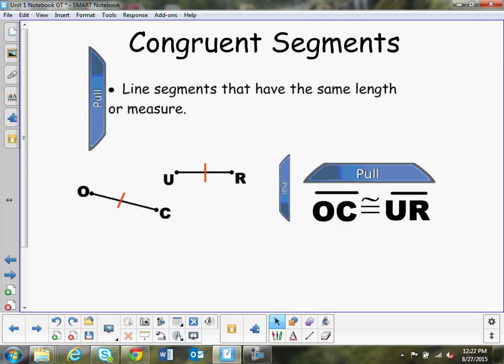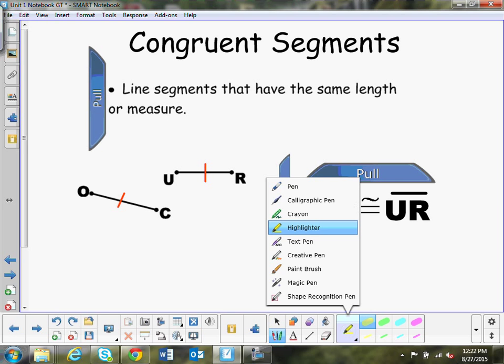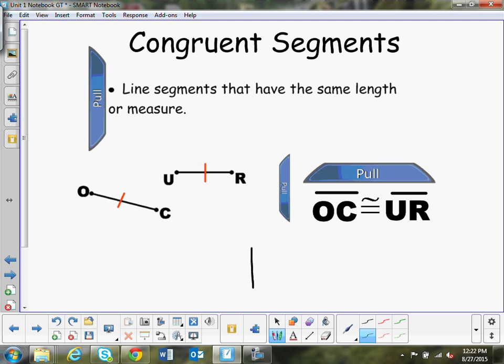They're the segment symbols. Tick mark, tick mark, tick mark. That's saying that they're all congruent, okay? So whenever you see those tick marks, that's indicating they have